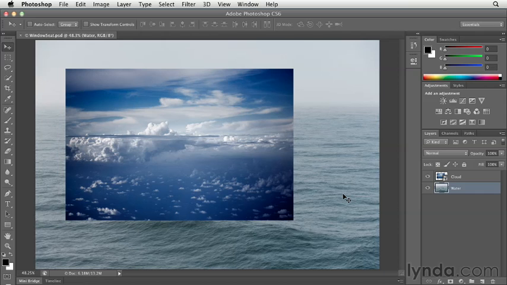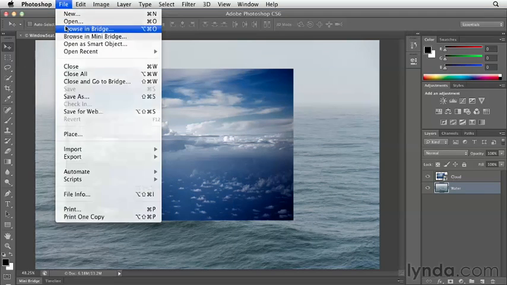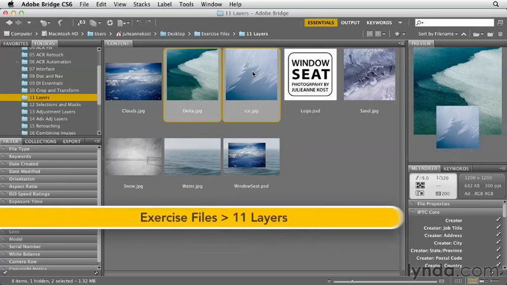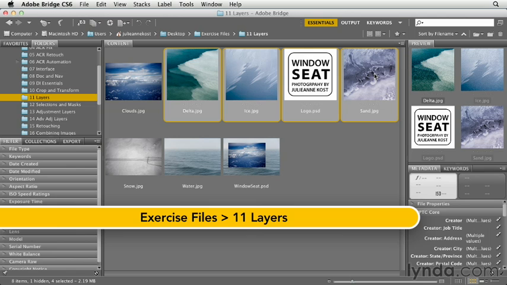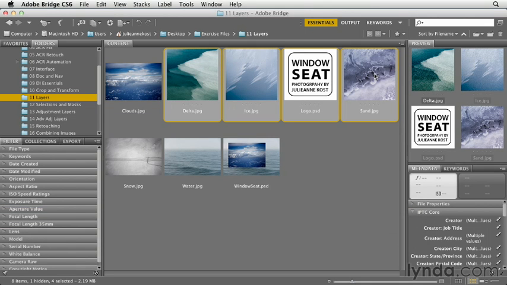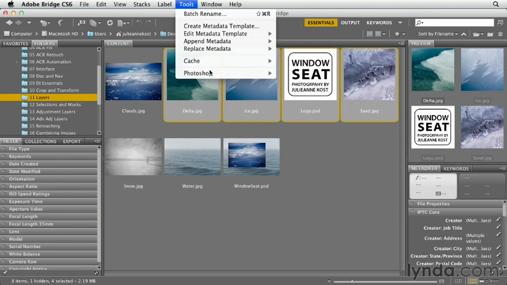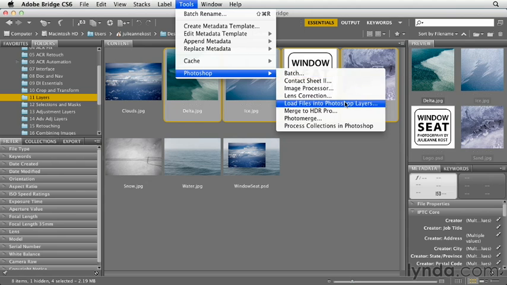As you get more comfortable working with layers, there are some shortcuts that you can use to open multiple layers at one time into the same image. So let's scoot over to Bridge by choosing File, Browse in Bridge, and I want to select all 4 of these images. Instead of just opening them each as individual documents and then having to drag and drop them into the composite that we've already started, I'm going to choose Tools, Photoshop, and then I'm going to load these files